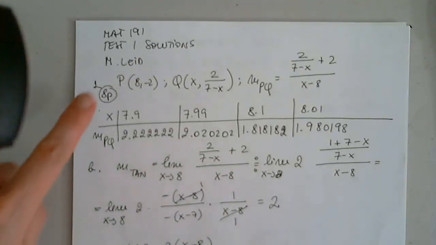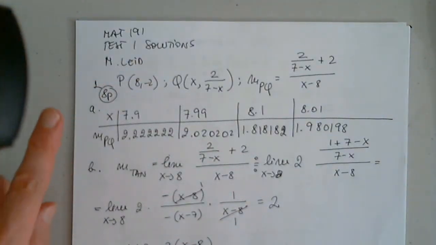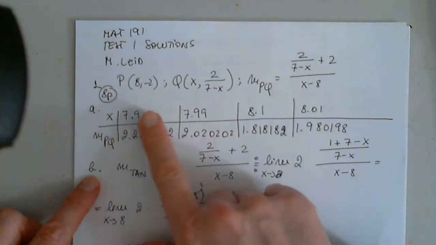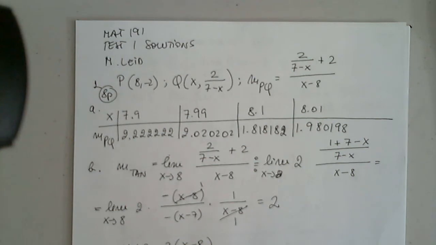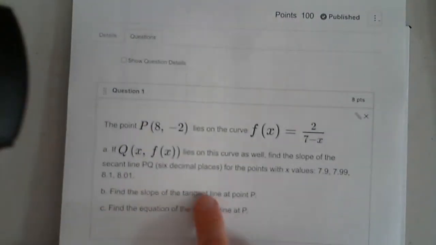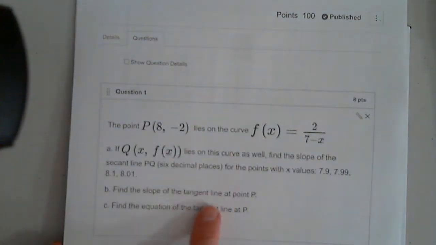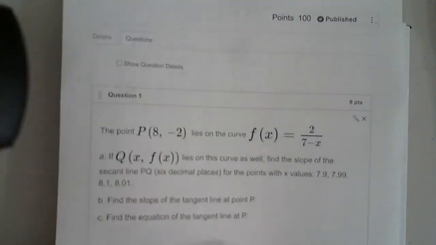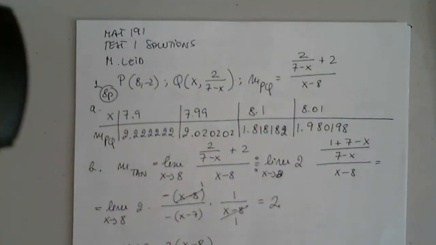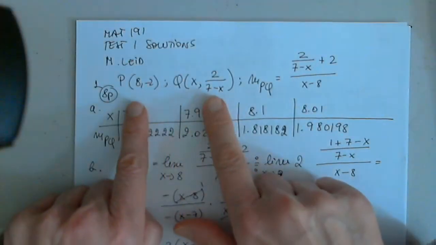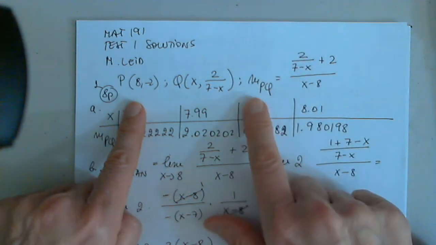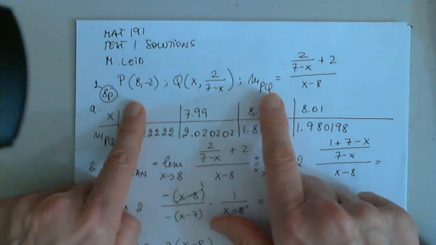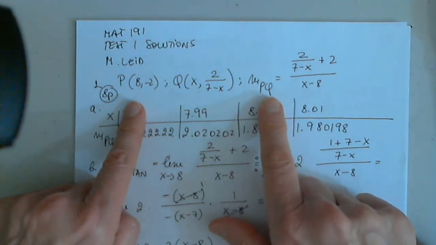Okay, these are the solutions for test 1, Math 191. We are given 2 points, and we are asked to find the average rate of change between different points, and then find the slope and find the equation of the tangent line. So I created the slope formula for the average rate of change, or the secant line, if you'd like, between